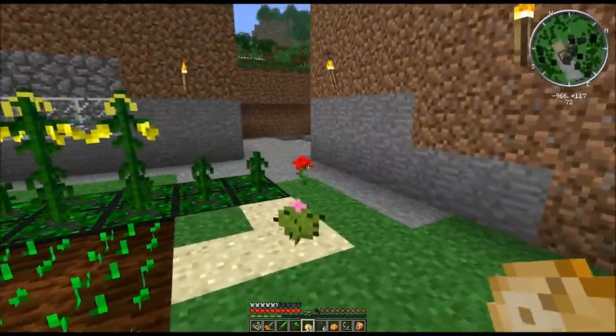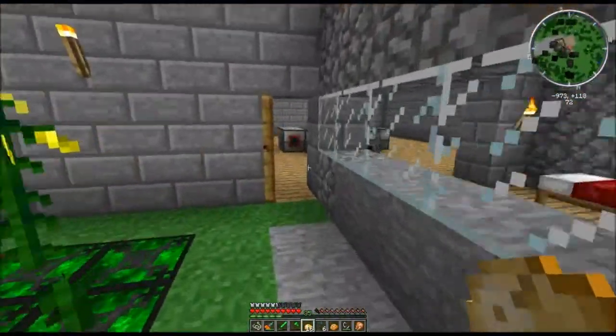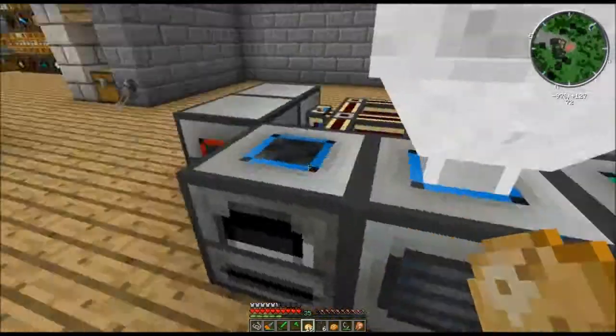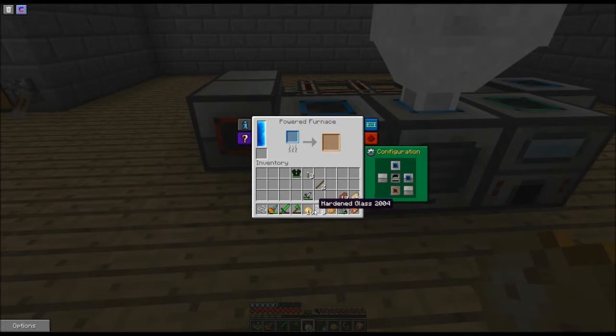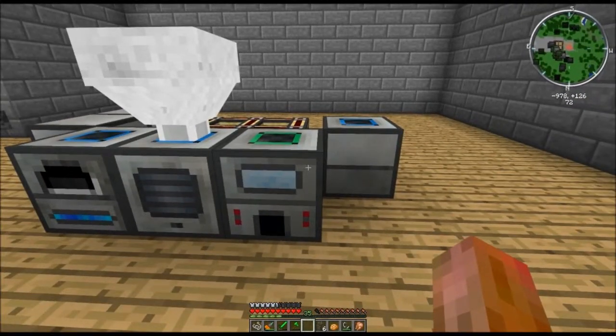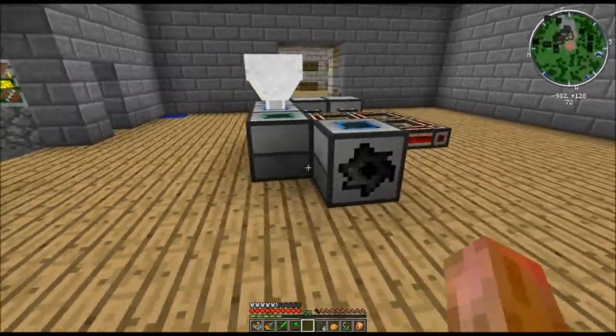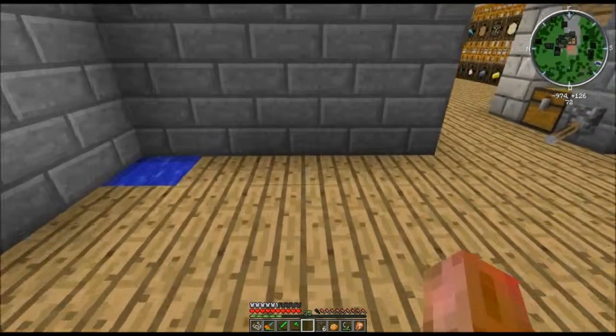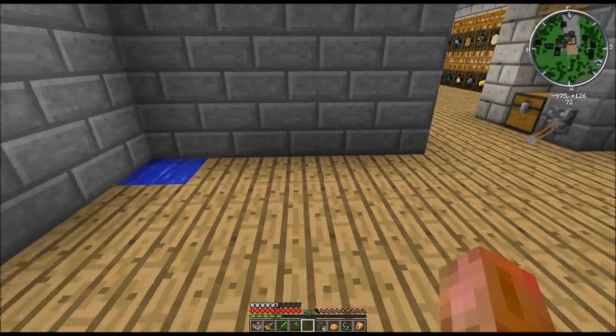Now, the forestry farms have changed a little bit, and we now have multi-block farms. They do have the old legacy style of farms going, but we don't want to be doing that. We want to be doing the new stuff. So for that, we need a carpenter. And what I was thinking is that the carpenter is going to be used to make the electron tubes,